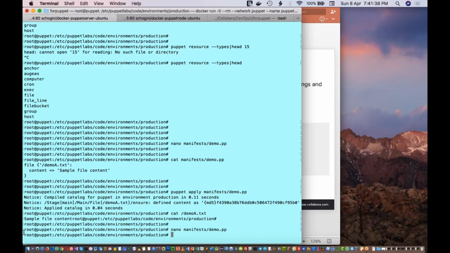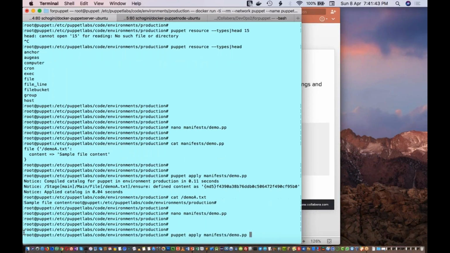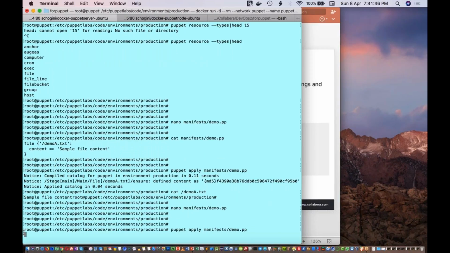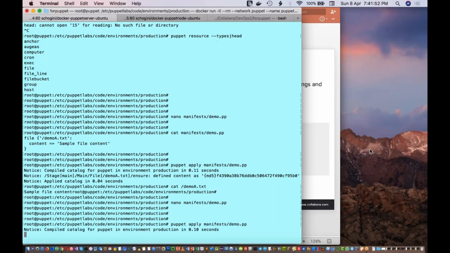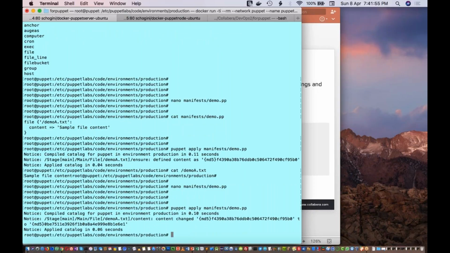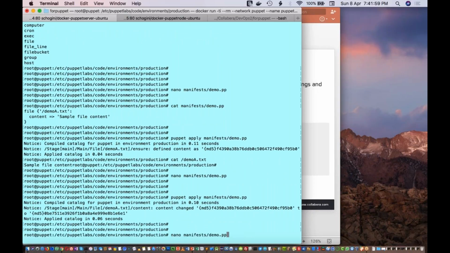So now if I execute this particular manifest once again, can anyone tell me what I'll get? Akhil is saying nothing. Akhil, can you tell me why it will give nothing? Kadi is saying it will take the new name. Mahesh is saying the new content will be loaded. Exactly, Mahesh. So it will load the new content. If you do the cat demo, it will be changing the content.